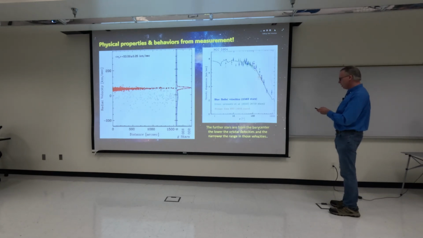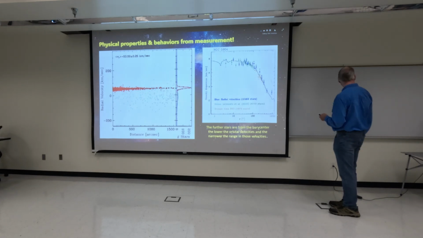Right here, we can look at how the orbital velocities actually change. In a globular cluster, we have to remember that as the stars are spread out, there would be a huge change in the orbital velocities. But as the globular clusters are pretty tight, the stars are all going to move around at sort of the same speed. So the further the stars are from the barycenter, the lower their orbital velocities will be. But there will also be a narrow range in the orbital velocities as these stars are tight around the globular clusters. So we can use them as a good means of extrapolating the changes in the orbits of these globular clusters, and they can provide insight into the behavior of the galaxies.